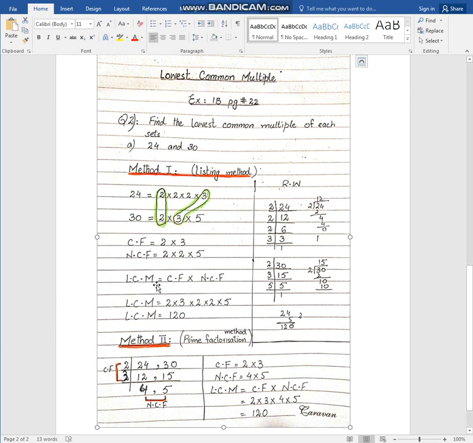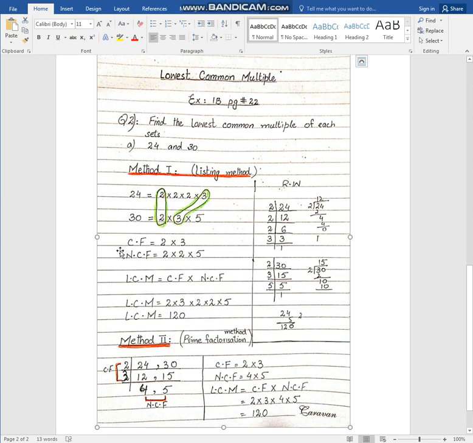Okay, we know that LCM is equal to common factor multiplied by non-common factors. Clear? 2 multiplied by 3 multiplied by 5, 2 multiplied by 2 multiplied by 5. Clear? Now we will just multiply: 2 3s the 6, 6 2s the 12, 12 2s the 24, 24 5s the 120. LCM will be 120. Keep this in your mind that to find the HCF we have the formula HCF is equal to multiplication of only the common factors, and to find the LCM the formula is common factor will multiply by non-common factor.